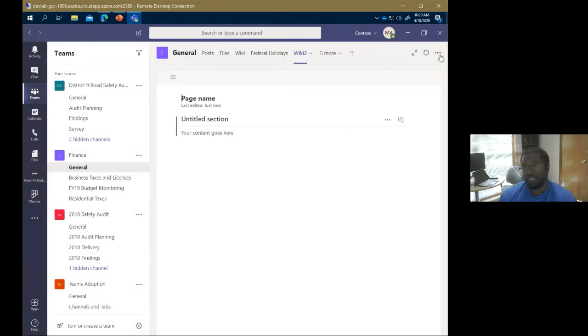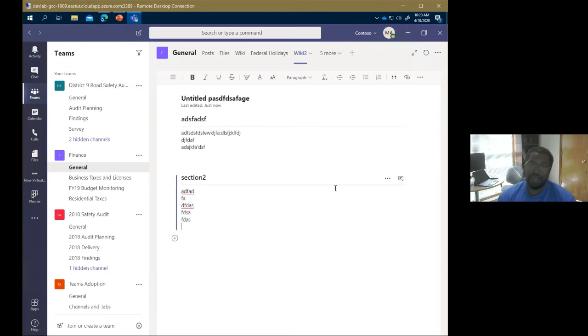Now, you may notice the lack of a conversation button up here, but you may notice that it does exist within. That's one unique thing about the wiki tab functionality. As I am making new pages with content, and then a new section here, section 2, and add some content, I can now actually talk about the section itself.